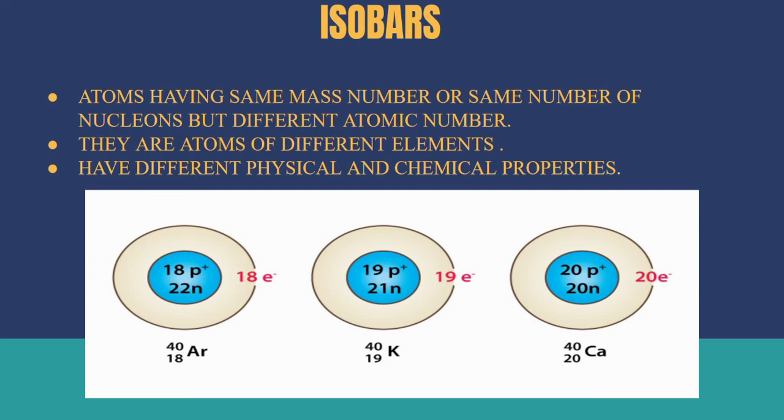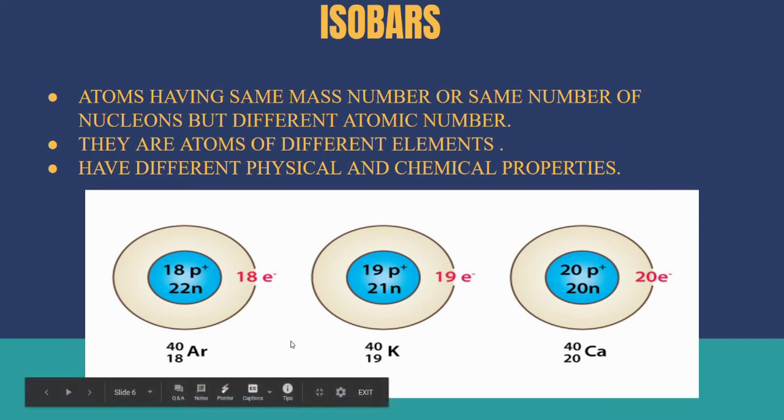The total nucleon number is the same, not the number of neutrons, sorry. The total number of nucleons is the same. Okay, when you add the proton and neutron together, what you get is the same number. That means the number of nucleons is the same. Okay, the total number of nucleons, that is the sum of the number of protons plus the number of neutrons, will be the same.